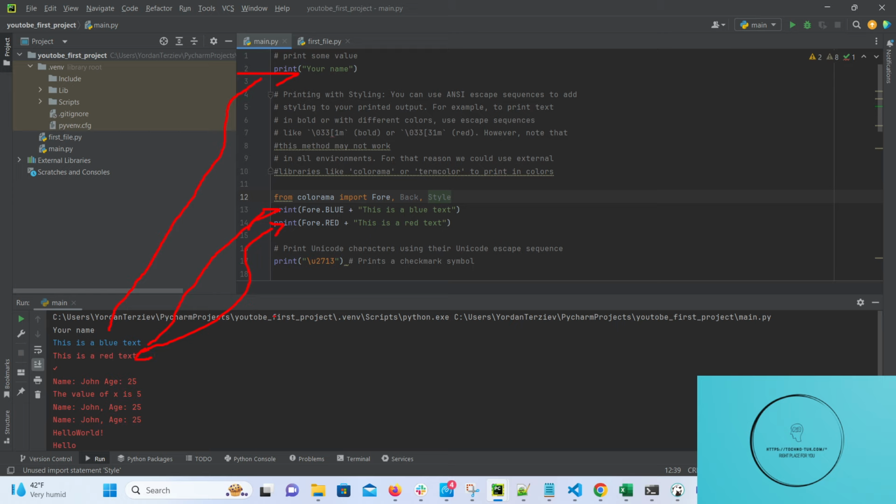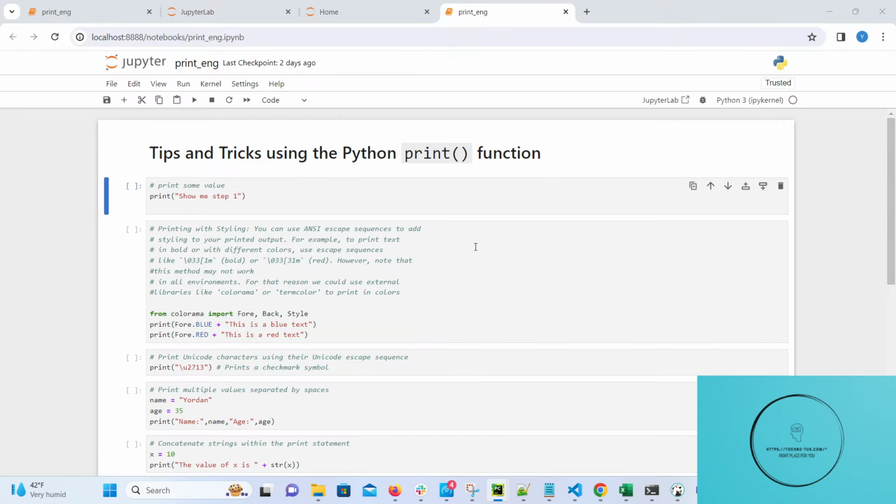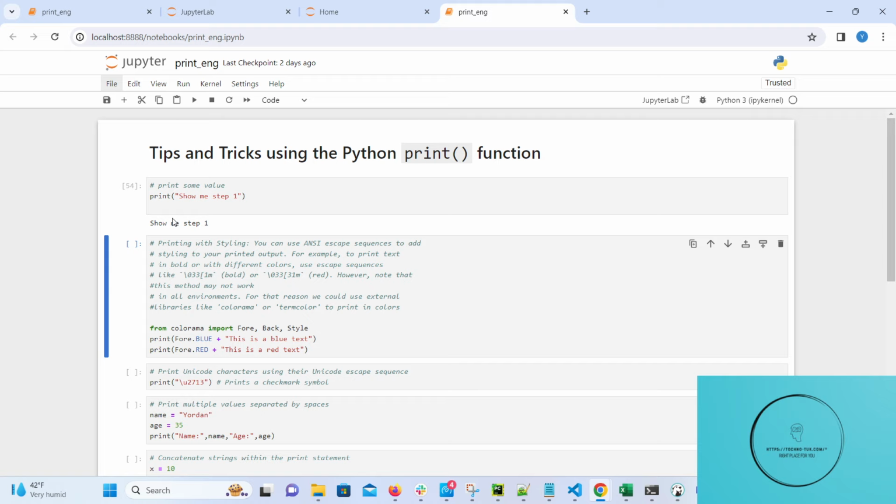For that reason, I prefer for the beginning steps to use Jupyter Notebook, because here per cell you could see the actual result really easily and descriptively.